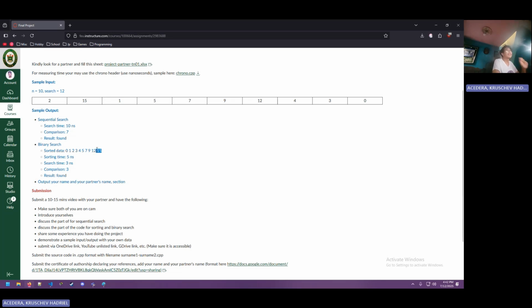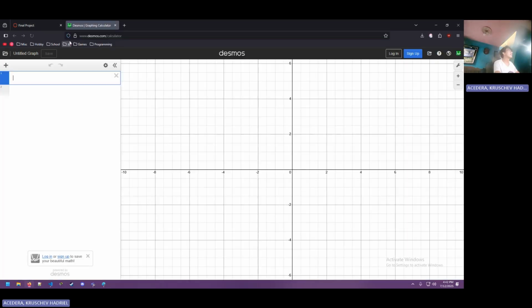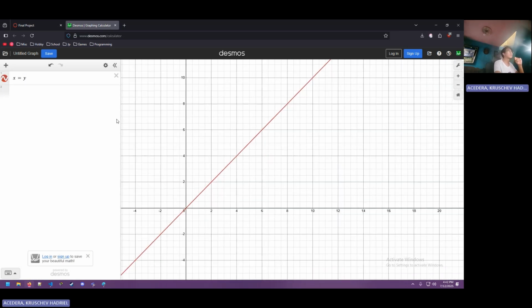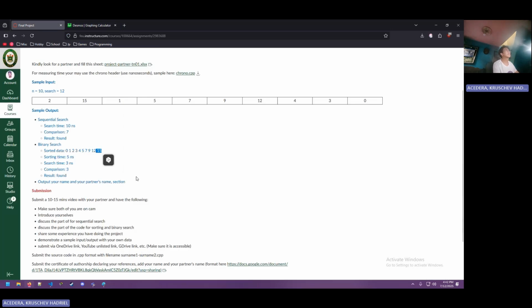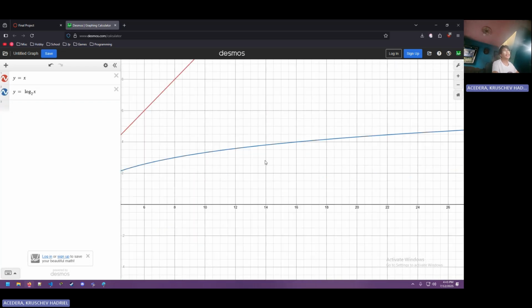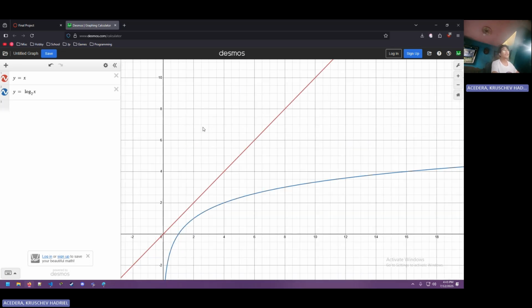However, if the data is not sorted, look at the graph. Sequential search is simply a linear graph wherein x equals y, while for binary search, y equals log x. So the greater the number of elements, the faster binary search is relative to sequential search. However,